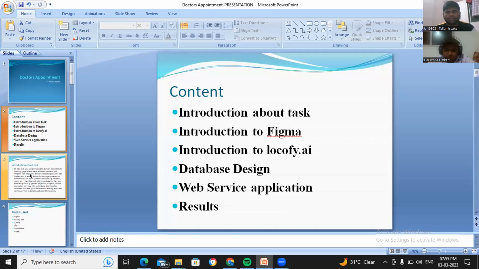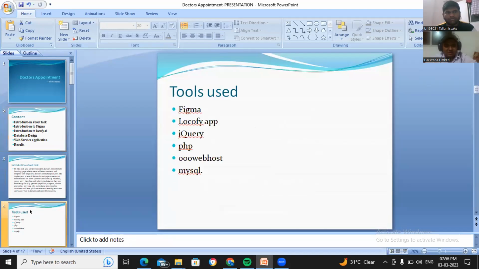And what needs to be done in your task? Your task was to let users search for a doctor based on the type of doctor and the area of their place of residence. When the search is done, they will get a list of doctors. That needs to be specified at the start. That is the aim of the task. You missed that. That should be the most important part of your entire presentation. Other than that, your tools were good. So go to the next page, slide number 3.